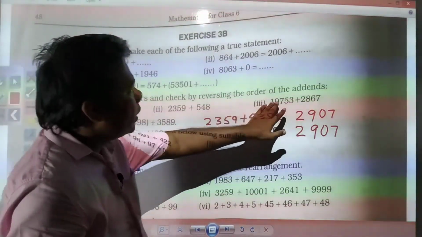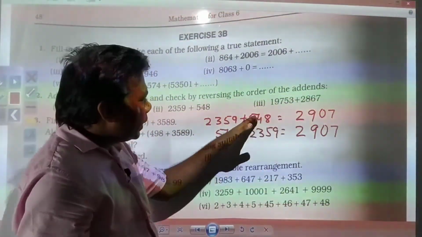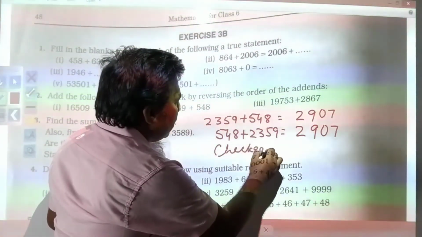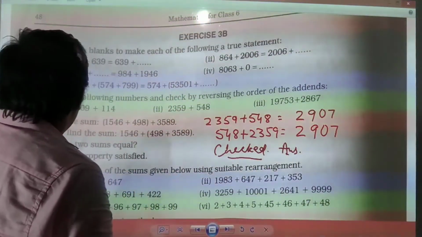Next you see, in the same way this is required to be done. I hope you will be able to do it. In the same way you will do, and at last you write checked, and this is your answer. Next you see